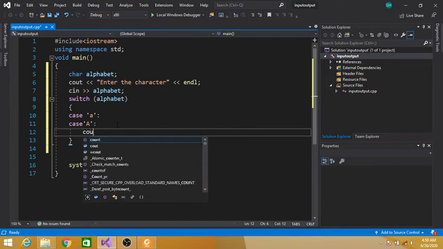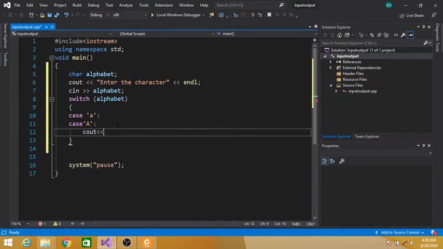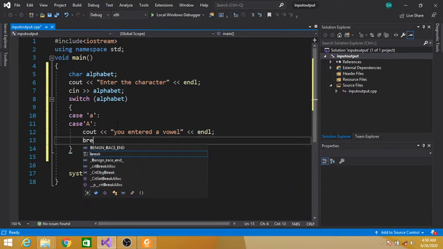So cout, you entered a vowel, endl, and break.